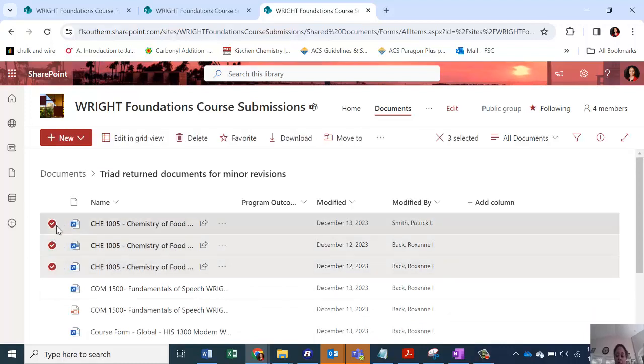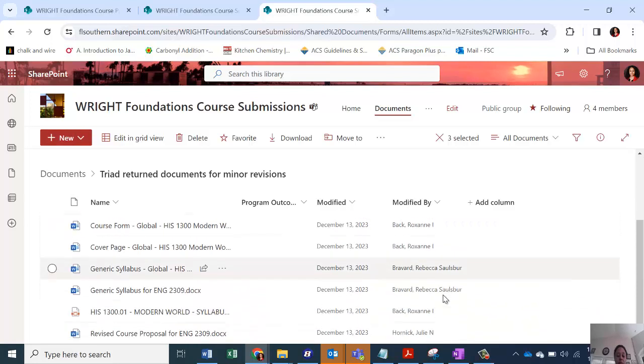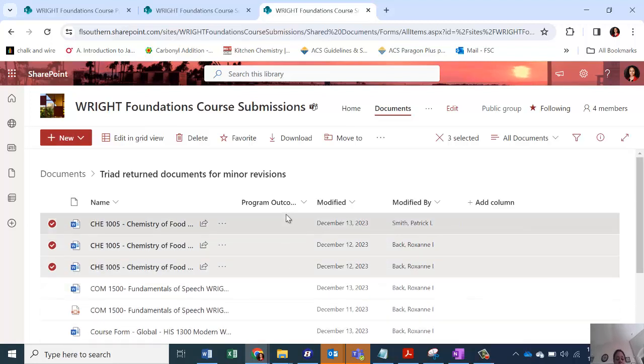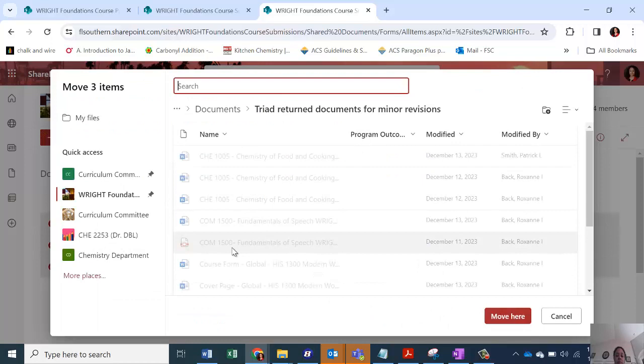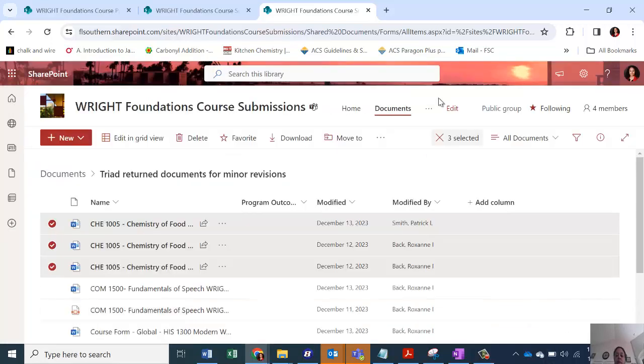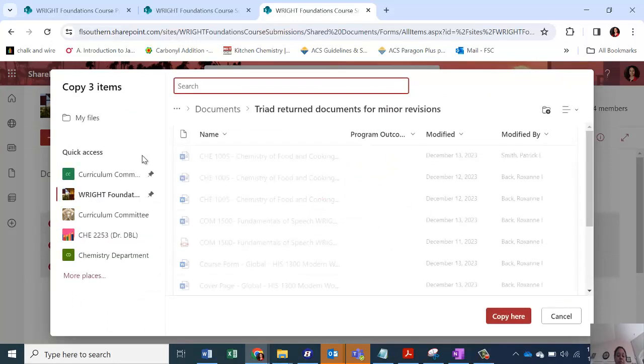But if it's minor changes, what we're going to do, like I'm doing here, is take those forms and copy them over, not move them. Don't move them at this point, because that will delete them, and I don't want to delete them. I'm going to click on the button to copy them, and I'm going to copy them over into